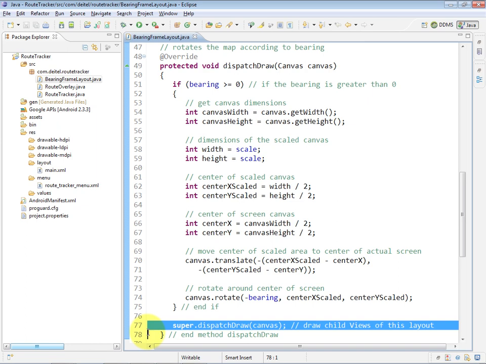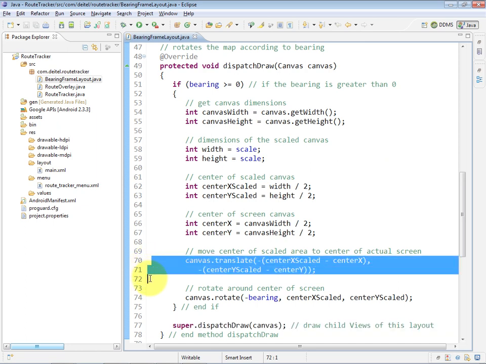Now, in the dispatch draw method, we do some calculations to figure out the width and height of our canvas, starting at lines 54 and 55. We also determine the scaled width and height as well. And down here at line 70, we translate the center of the canvas based on the center of the actual screen. So we move it to the center of the actual screen, and we rotate around that point by negative